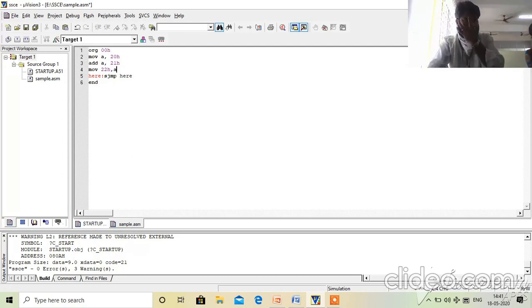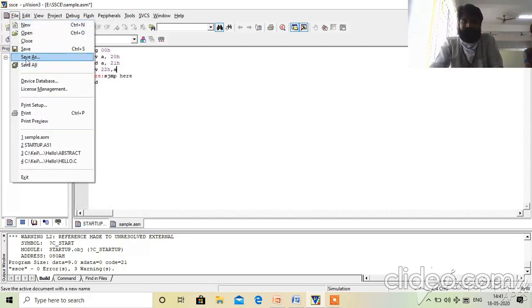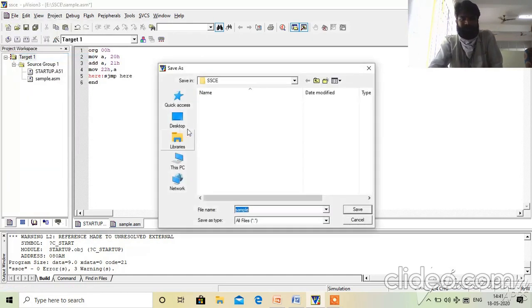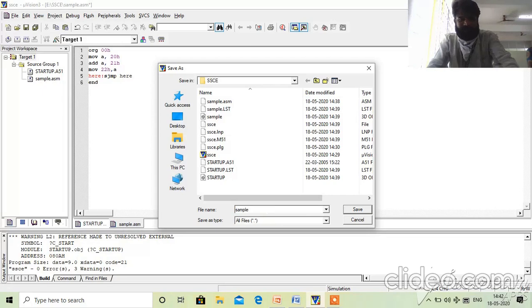So here I have edited the program. So better you do save as program. If you say save, it saves in the same file name only. So better you do save as program. Then you write, say, sample1.asm.